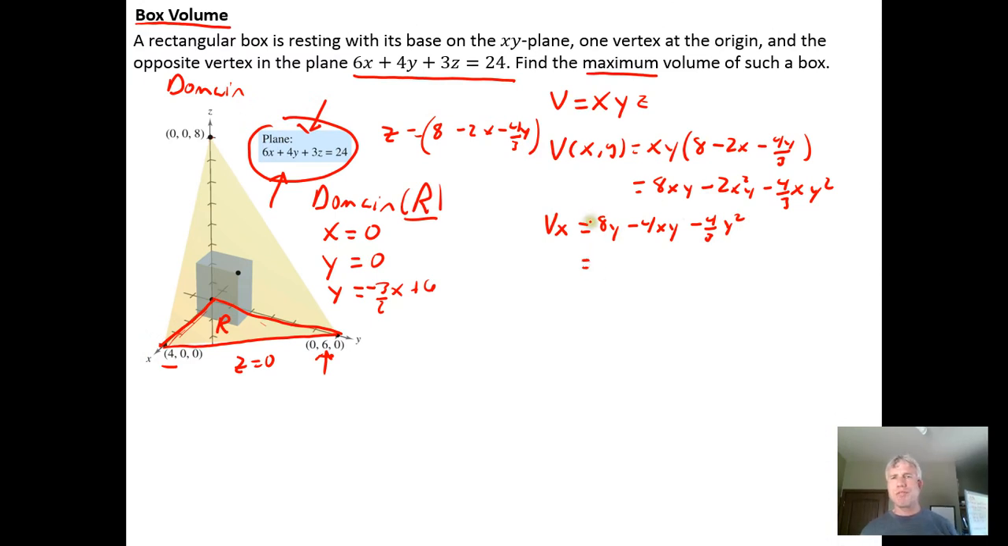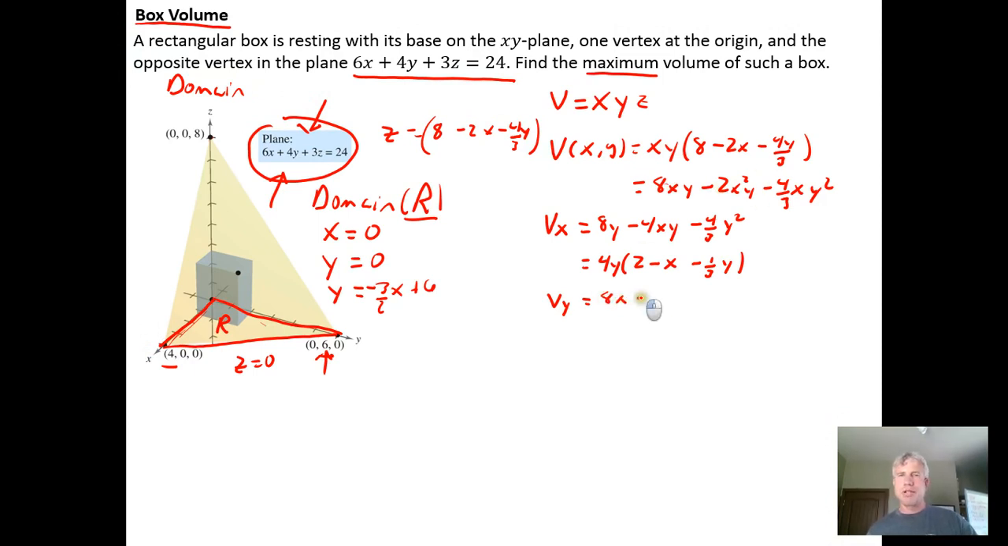And then notice that a 4y is a common factor in all 3 terms, and I can factor that 4y out, which would leave me 2 minus x minus 1/3 of a y. The partial derivative with respect to y is also needed, so we'll come back up to our function right here. So with respect to y, we're going to get 8x